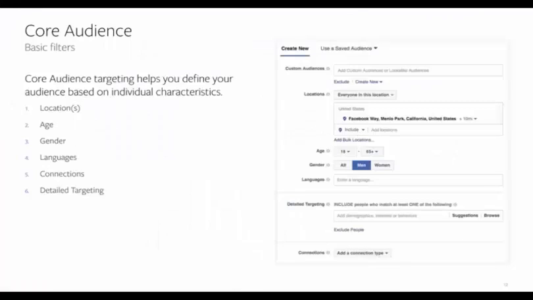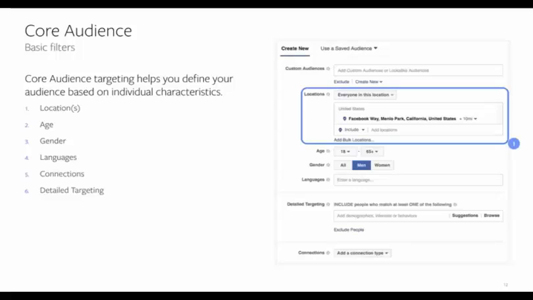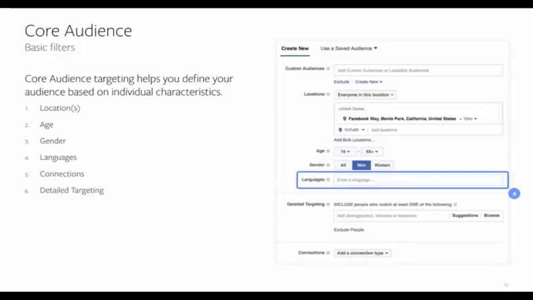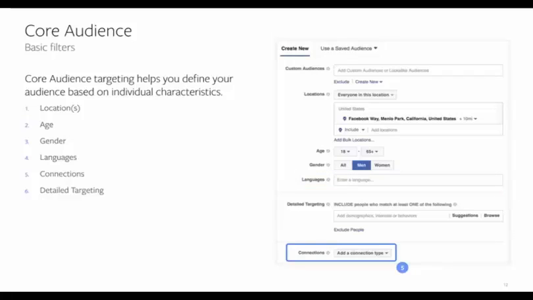So again, every ad you create in Facebook uses some form of these audience filters, and they apply to all of the apps and services in the Facebook family. You can choose location, and it can be as broad as multiple countries or as narrow as a few miles. You can choose age, gender, some of these are pretty self-explanatory, languages, and this is defined by the language that the user is using to browse Facebook. Connections. Connections allow you to target people who are connected to your page, app, or event. You'll only be able to select pages, apps, or events that you administer here, so you're not going to be able to create an audience of your competitors' connections.